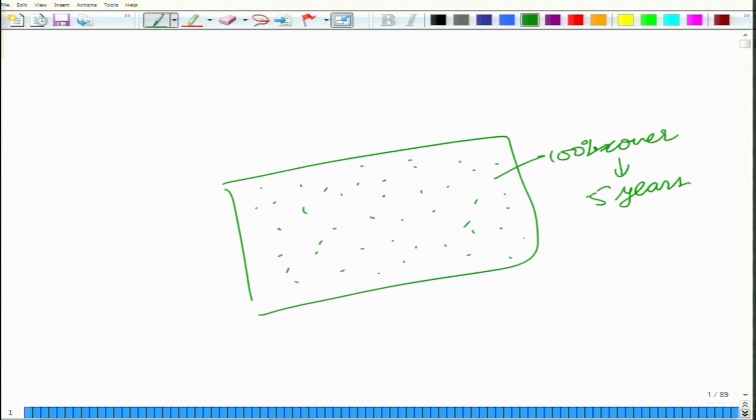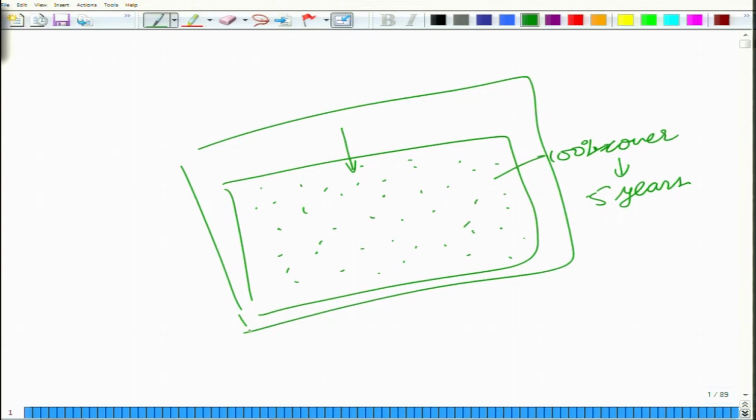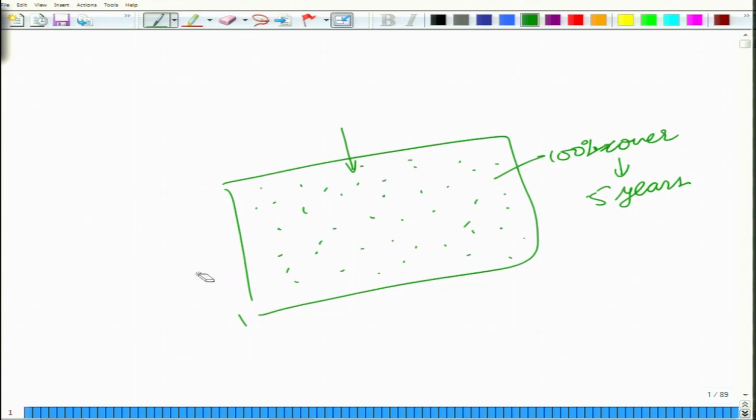Probably that is because you have ample amount of nutrients. So if you try to reduce the amount of nutrients that you have in this area, so probably you will cordon off this area and give it this salty water that has been filtered and the nutrients have been taken away, and then you will see that yes, the population is declining. So probably it was constant because it was having ample amount of nutrients, or probably it was constant because it was not having any predators here. So in that case you can try to bring in some predators. So for instance, you can bring in a sea urchin into this area,